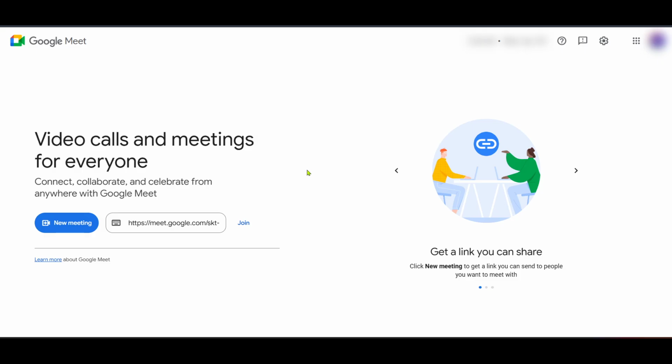You can do this easily by opening your web browser and typing Google Meet in the search bar. Alternatively, you can visit meet.google.com directly. Make sure you're signed in with your Google account to access all the features. Google Meet is a fantastic tool for hosting video conferences, and using its built-in features like transcription can significantly enhance